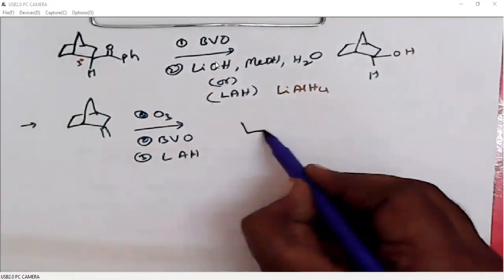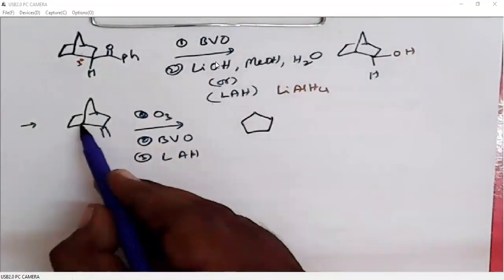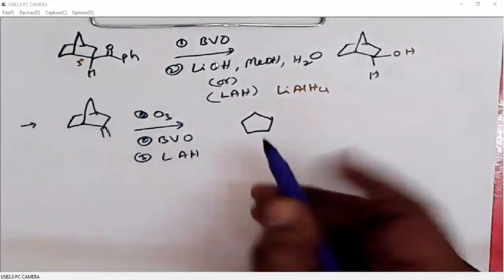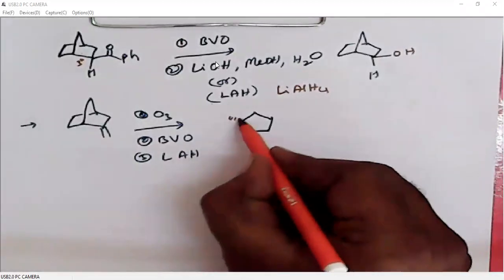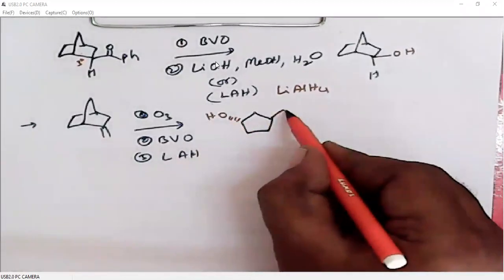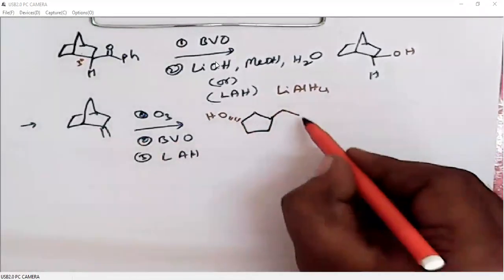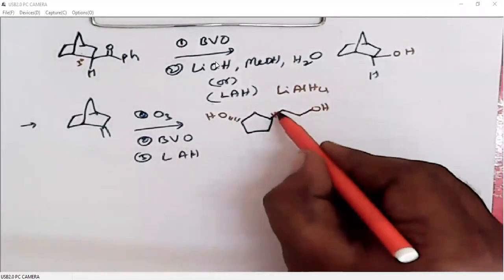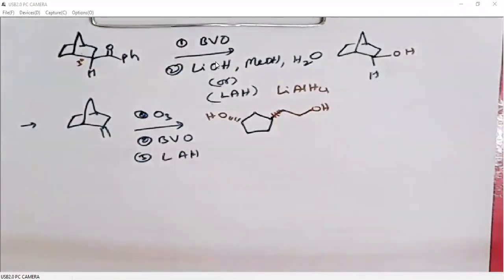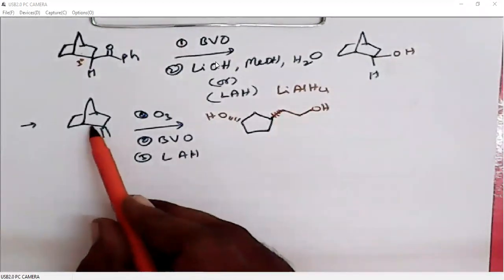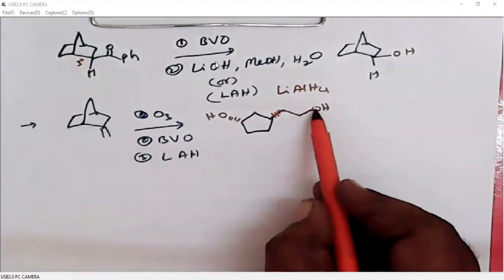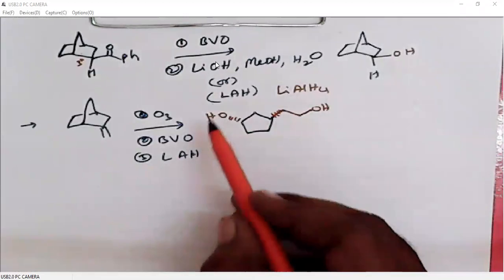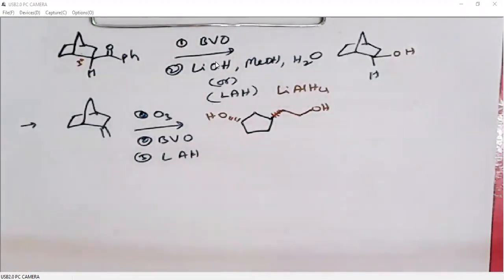What are those alcohols? Whether cis or trans. See, this carbon and this carbon, they are in the same plane. So what will we get? We will get cis substituents here. So 1, 2 carbon and then OH. So this is also below the plane. So ester formation takes place here. When we reduce this ester, it will become alcohol, and the other side also alcohol. You try writing each and every step.